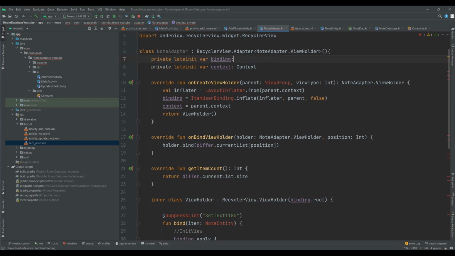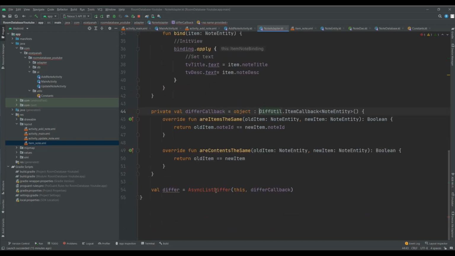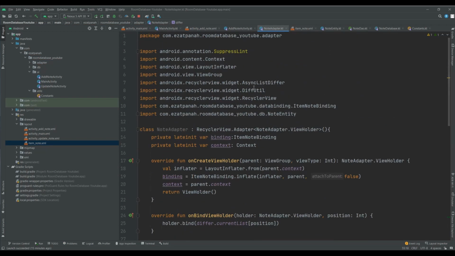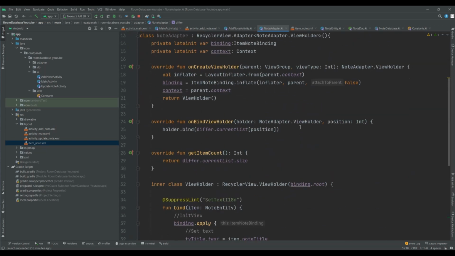Oh, sorry, it's not right. Item, not binding. Yes, view group here, also this one. Import not entity, also diffutils, also this one. I guess there is no error here, and